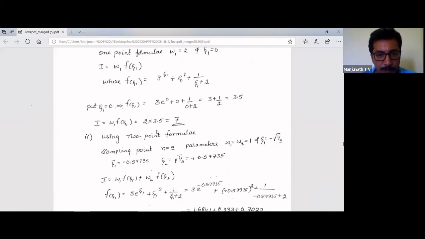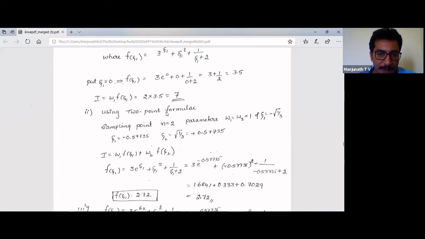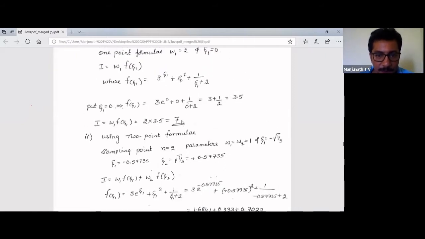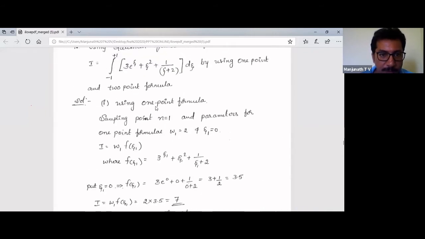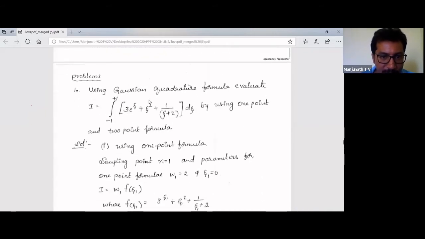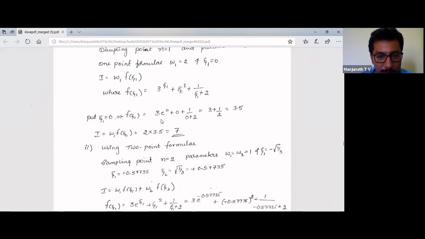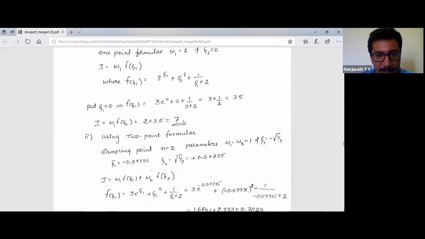Then we are moving to two sampling points. Why do we need to consider two sampling points? Just consider here, we have got a high value of 7. If you use the conventional method and do a direct integration, the high value you may get is 8 or 9. So the value we have got from the one sampling point is not very close to the exact solution, or it is not converging. It has a lot of difference. So to get an exact or closer value, we are going to check it with a number of points. If you take 2 points, you can calculate what the value will be, and if it is very close to that, then you can stop there.